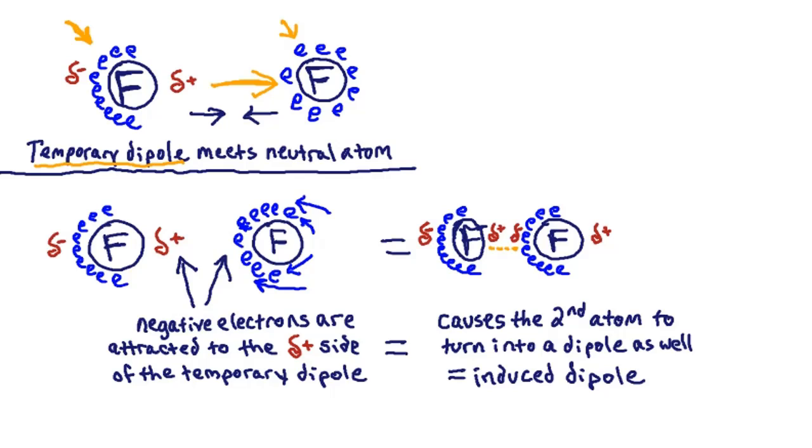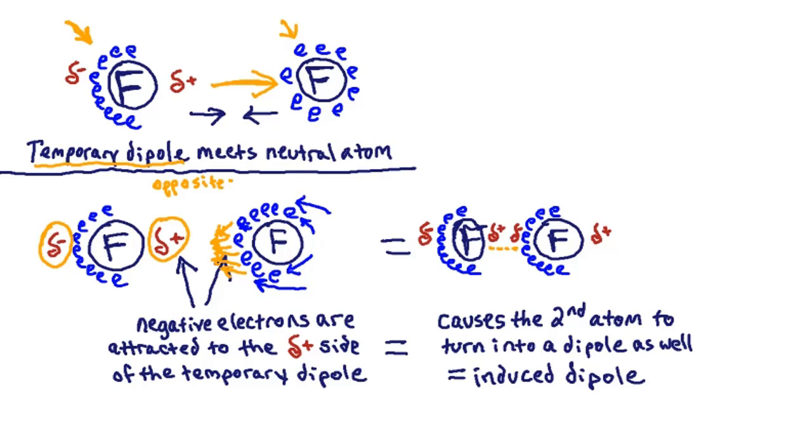Well, since this temporary dipole has a partial negative charge on this side where all the electrons are, and a partial positive charge on this side where none of the electrons are, that temporary partial positive charge attracts the electrons over here on the normal fluorine atom, and it gets them to all move to one side of the fluorine nucleus, because the electrons are a negative charge, remember,